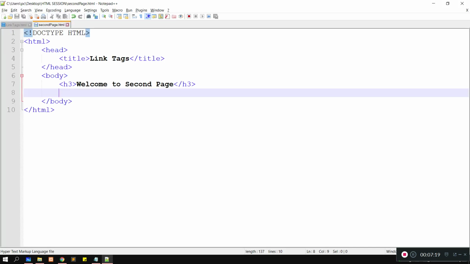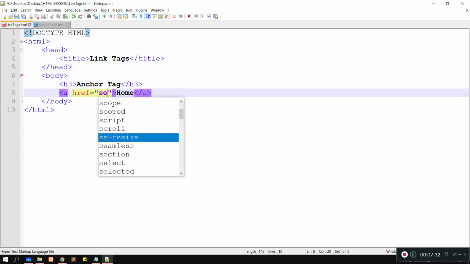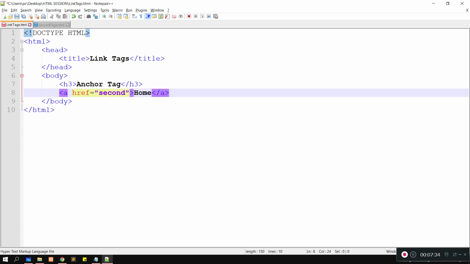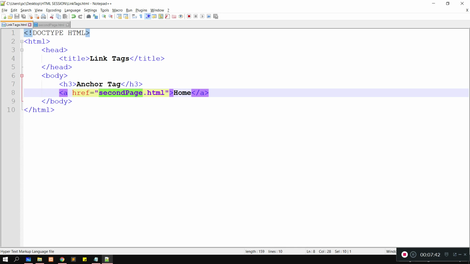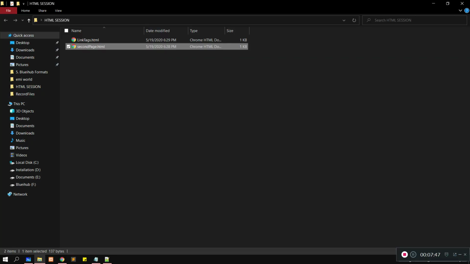So this is our first page, link tags, and this is our second page. What we have to give here is the path of the second page, that is second page dot html. Remember, the name here should be the same as the file name that we are using.